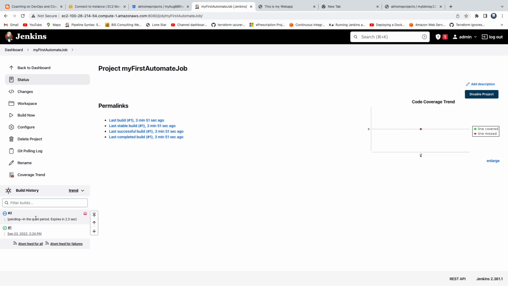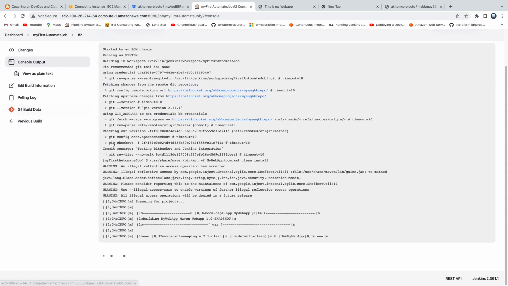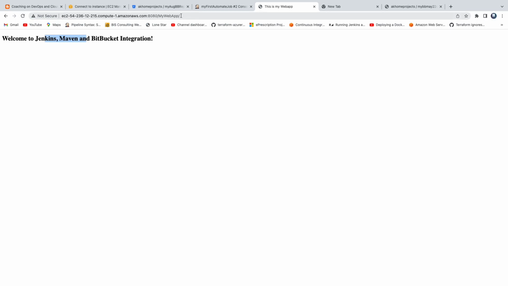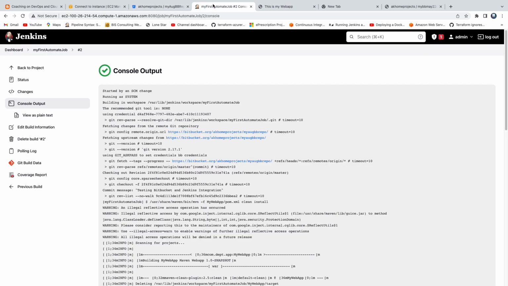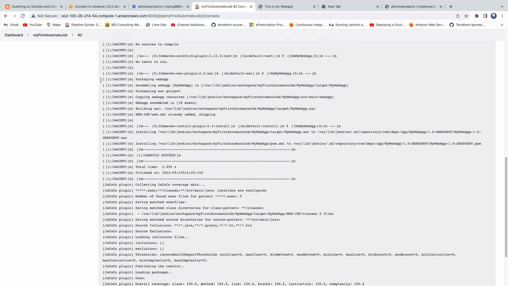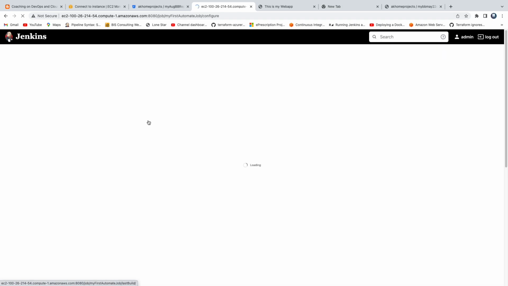See here, the build has started and you can click on the blue bar. So it says that the build was started by an SCM change. So now we should be able to see the output, right? So go to the Tomcat URL and click on refresh. Wow, there you go. You see guys, so we are able to see our code change, whatever we have done in Bitbucket. So let's try to learn a couple of other things, right? So remember I talked about the path of the war file,